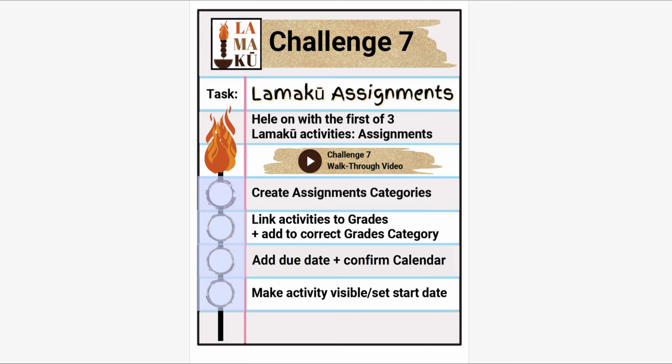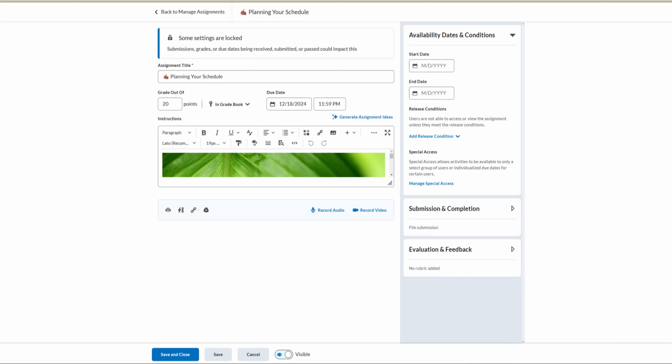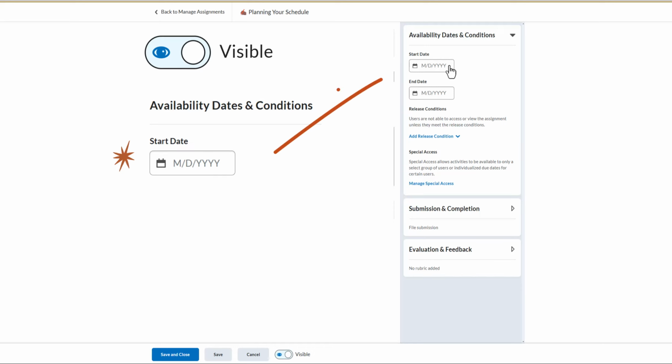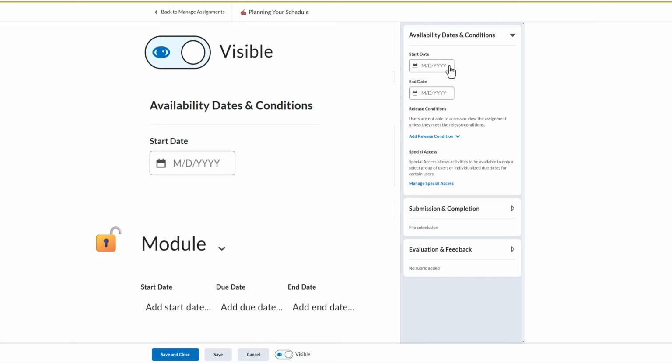However, if you choose to delay releasing the activity, the assignment, to your students, that's when you would use start dates. If I had, say, a face-to-face class and I wanted to release an activity to students but only have a several day window for them to complete the activity, I could use start and end dates. So the visibility always has to be on, but you can restrict students from accessing the actual assignment by using a start date. Keep in mind, a start date for a particular activity, like an assignment, is different than your module availability. So you could open a module or week in Lamaku and not make an assignment available until later